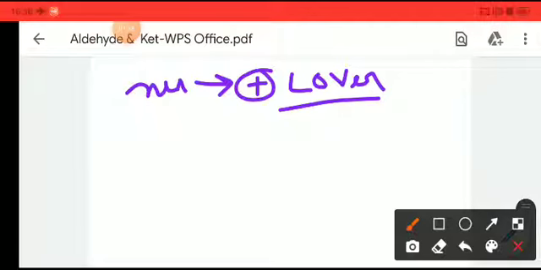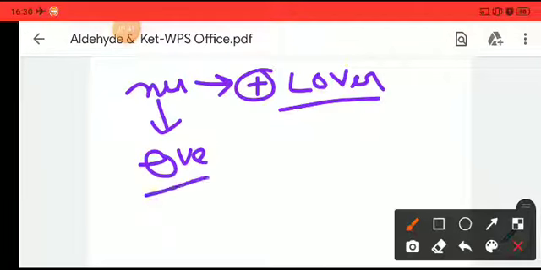Any nucleophile should be a positive lover, that itself will be negative or having a lone pair. So a nucleophile should be negatively charged or having a lone pair, and that is a positive lover. So nucleophile is basically a negative anionic species or any species with a lone pair, and that is a positive lover.